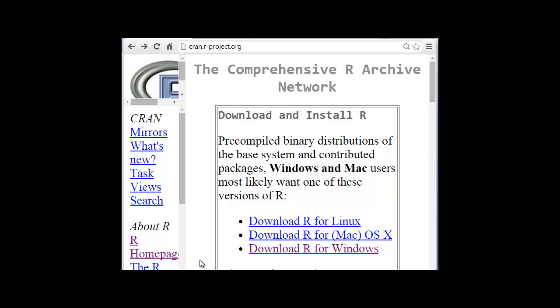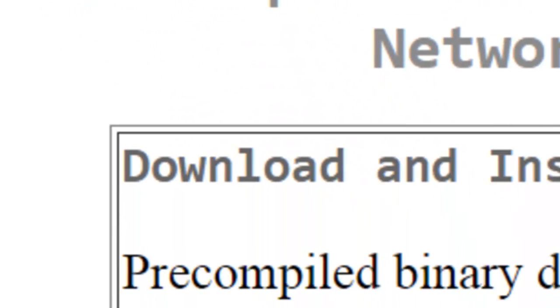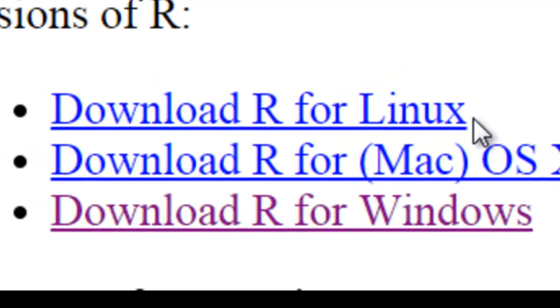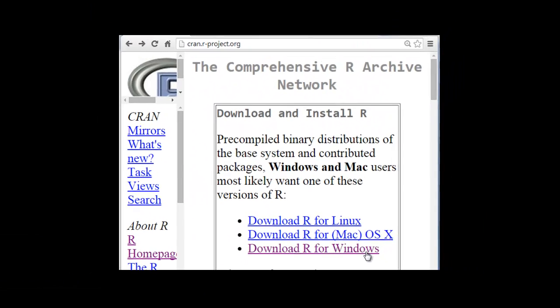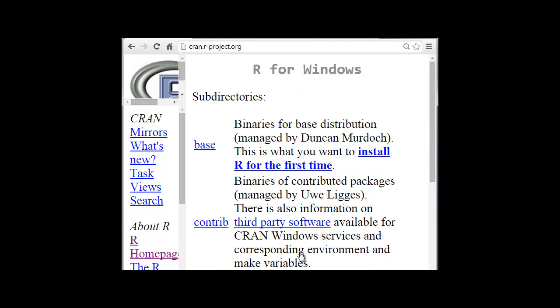So let's see how to download R. First of all, go to the link cran.r-project.org. I have typed it in the URL, and it will redirect me to this website. Here, I have three options: download R for Linux, for Mac, or for Windows. If you have Windows, then click on download R for Windows.